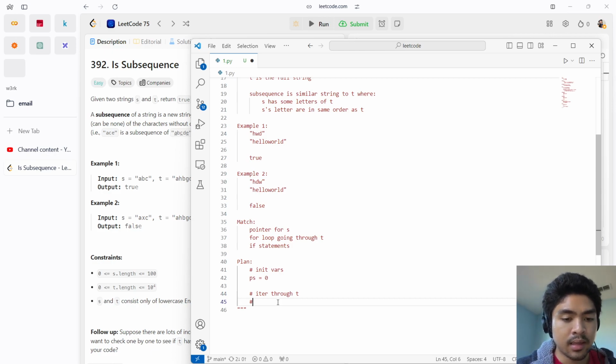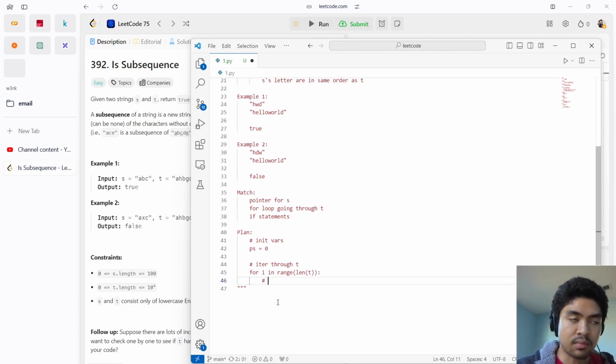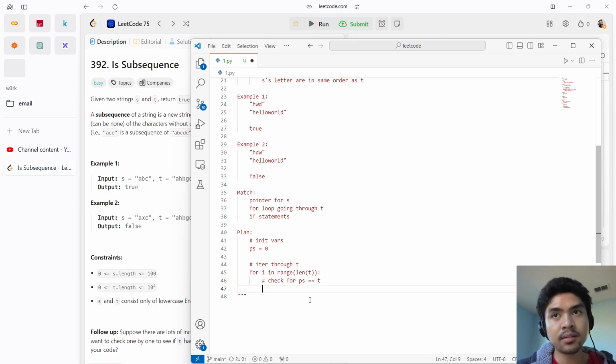And then in here, we're going to iterate for i in range of the length of T, the letters in T, and check for PS equals T. So if we iterate and we see that PS is equal to